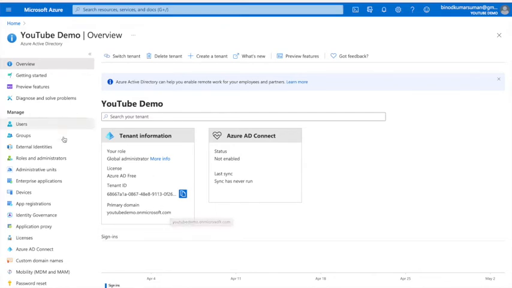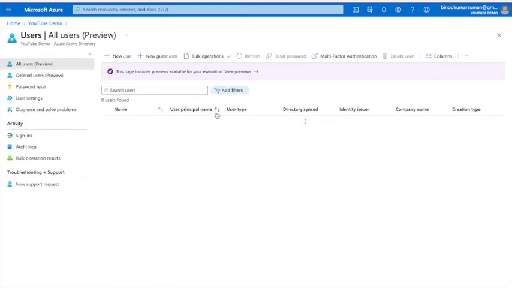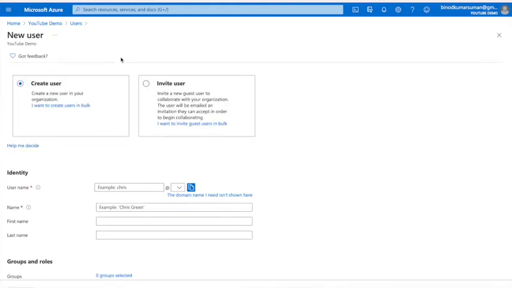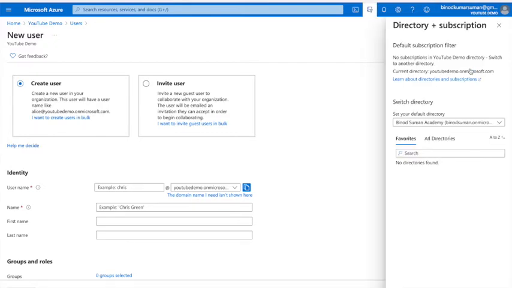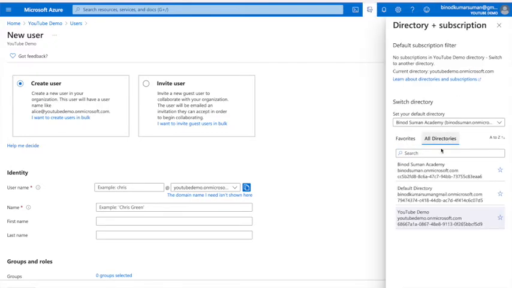And in this YouTube demo, you can go and create some users also. So you can do all those things here. And now if you come here, you can switch. Now you have multiple things, right? I have already created one tenant.